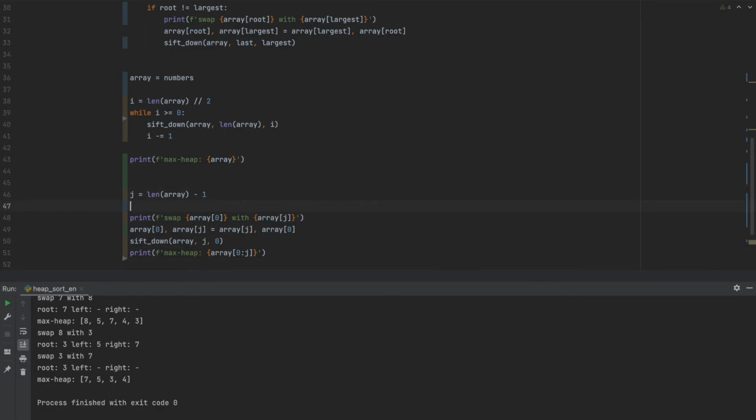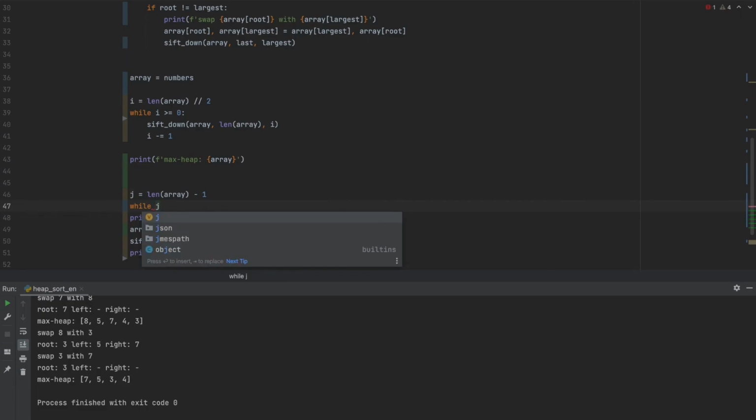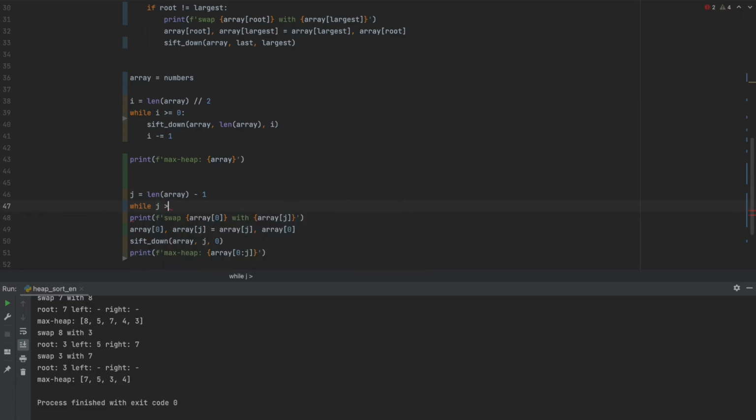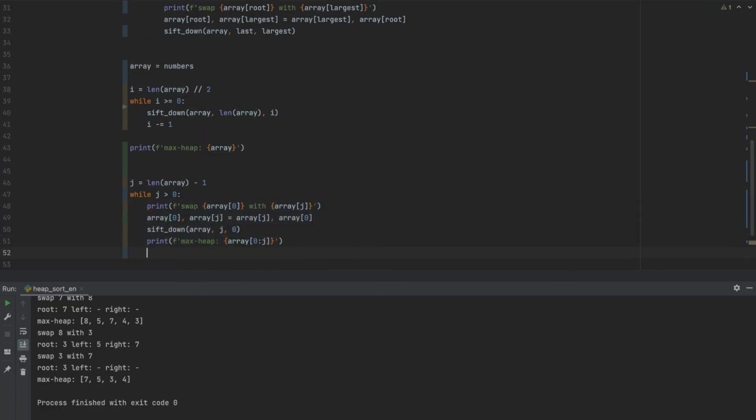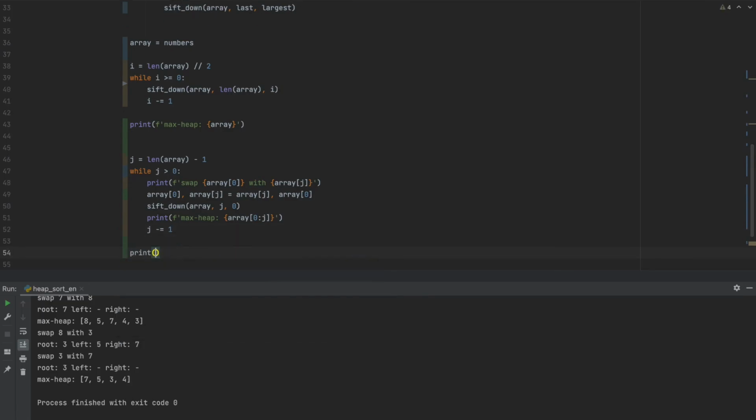Okay? To be able to sort the whole array, we will need to make another loop. This is going to be using j. While j is greater than 0, repeat this process and make j one smaller. And then at the end, we are supposedly getting back a sorted list, sorted numbers, sorted array. And there you go, it is all sorted now.